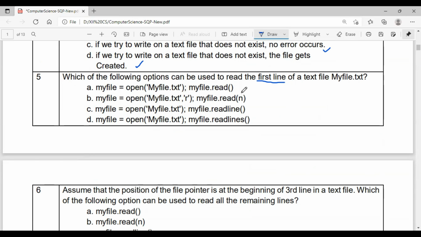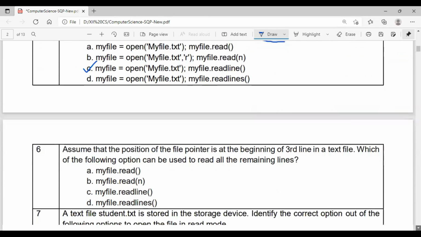And myfile.read(n) reads that many n bytes, isn't it? So that is also not it. myfile equal to open myfile.txt, myfile.readline, and readline is the command for reading the first line. If I use readlines, the entire lines will be read, but that is not needed. You only want to read the first line.